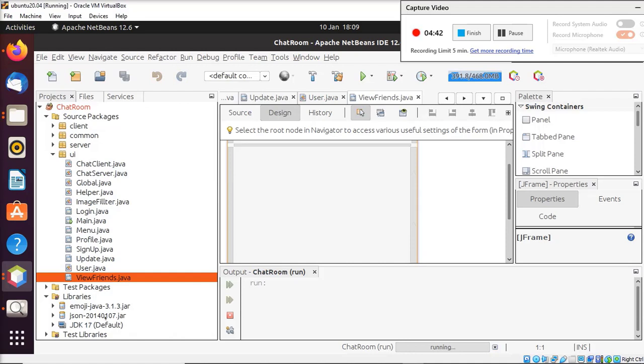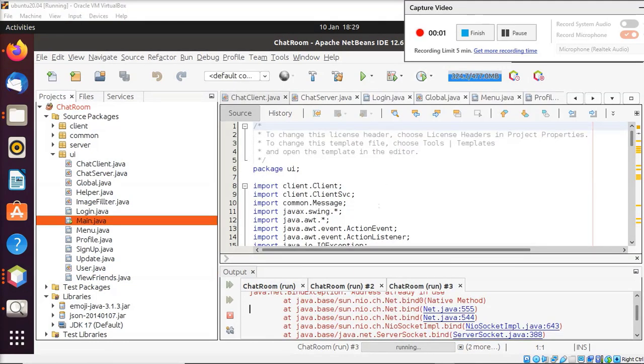And moreover, when the user is about to log in, the server will check whether the credentials match what was given during the sign up. So these are the different types of classes that we have written to make the application work. Moving on to the working of the application,